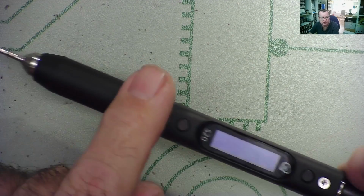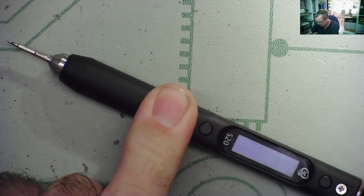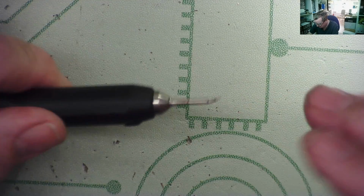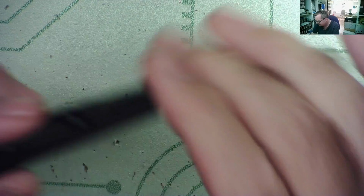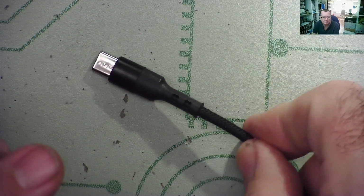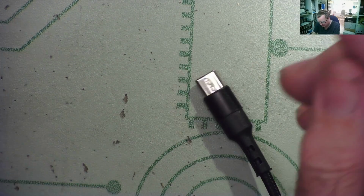What we can do is try the other soldering iron, the S60, which apparently is very underpowered, using the supplied power supply, and see how well that works, and then we can try it with a larger one. This one, I have to say, the one thing I don't like about it is the cable. It's not flexible enough for my personal comfort. It works, but I would much prefer to see a silicone cable, but other than that, I think it works